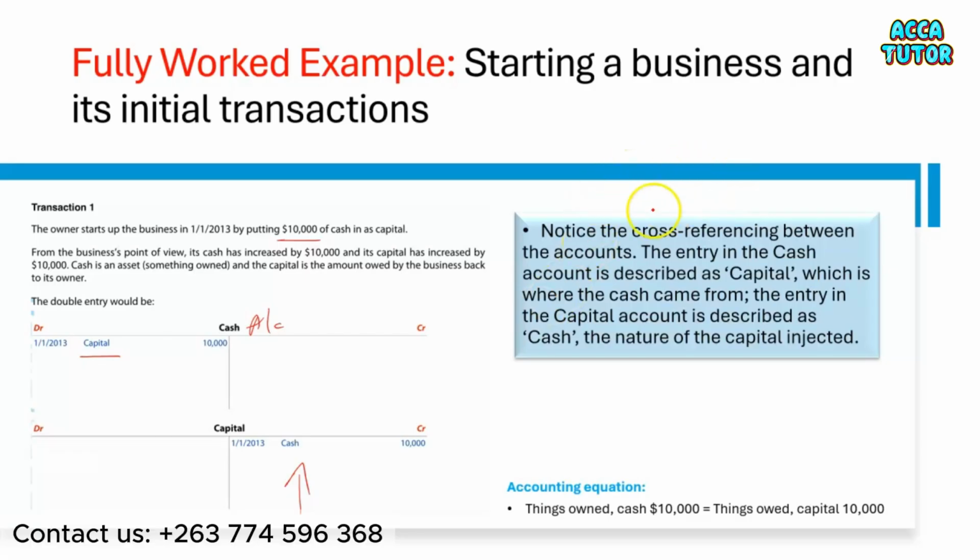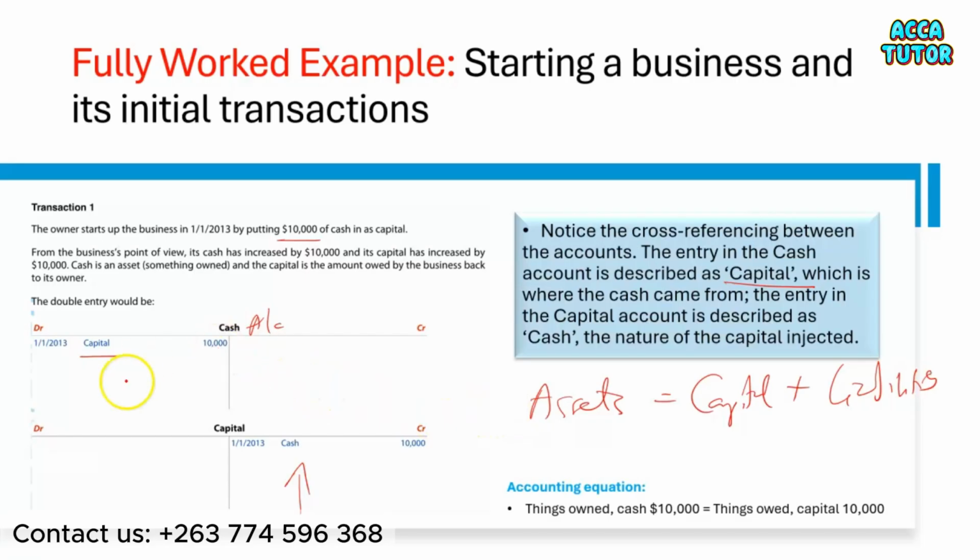Notice the cross-referencing between the accounts. The entry in the cash account is described as capital, which is where the cash came from. The entry in the capital account is described as cash, the nature of the capital injected. So on this particular day, things owned, cash, equal things owed, capital. Remember our accounting equation,